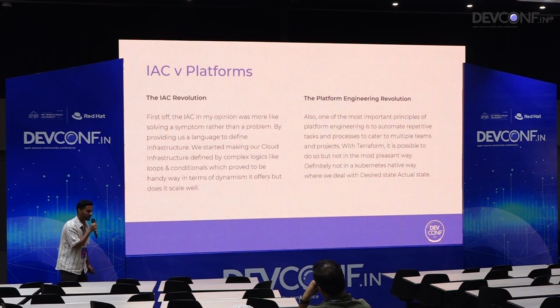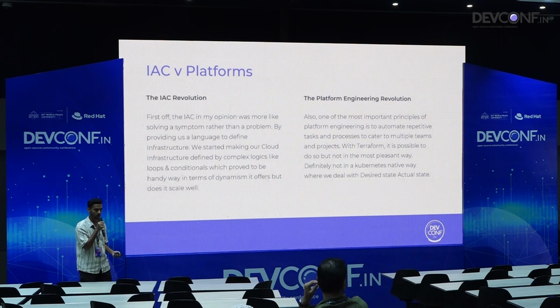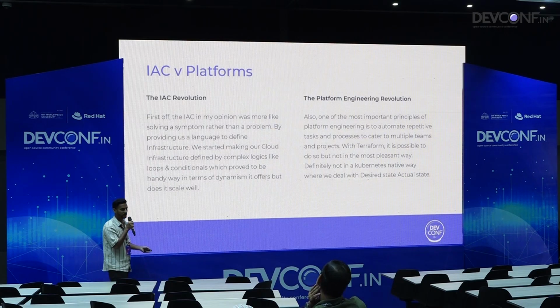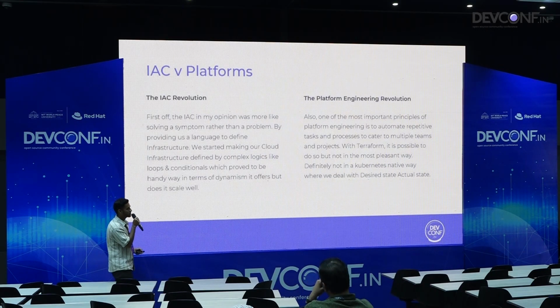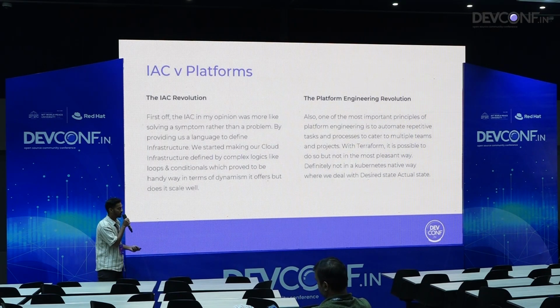Infrastructure as code has a lot of complex logic in it. It has a lot of control loops. You can implement your own conditionals, loops, and everyone's idea of writing code is different. If you compare Terraform engineers, they will define their VPCs, EKS, subnets in very different ways, because it's code, it gives you free ability to be creative and write your own infrastructure as code. So the work done by one DevOps engineer may not be usable by other DevOps engineers, because everyone has their own idea, and this creates configuration drift and maintenance becomes hard. That is where I see it doesn't integrate well with platform engineering, because of the desired state thing also.